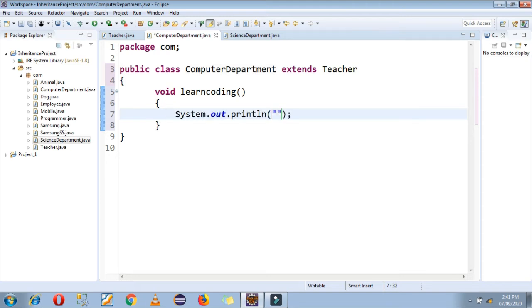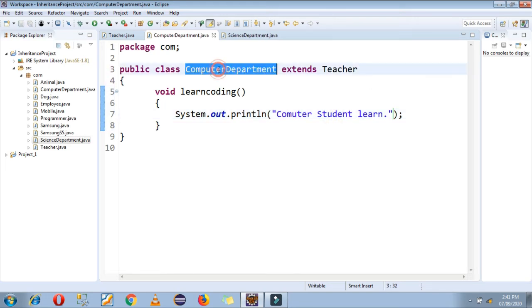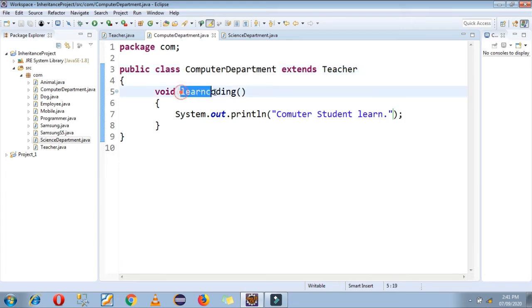Here I am just printing computer student learn. The computer department has its own property, learn coding, and because of the extends keyword, three properties from the teacher class are also included in this computer department class.